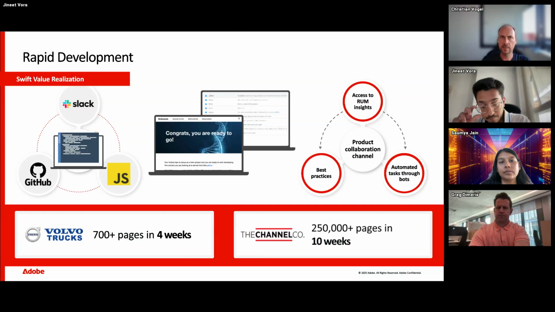And the idea is that we can automate a lot of the migration that is necessary to create the block elements, the design, and move the content over through AI automatically. And this is something that we plan to launch in Q4.